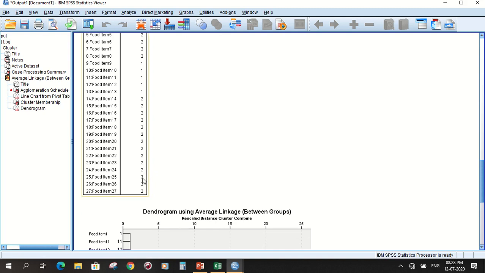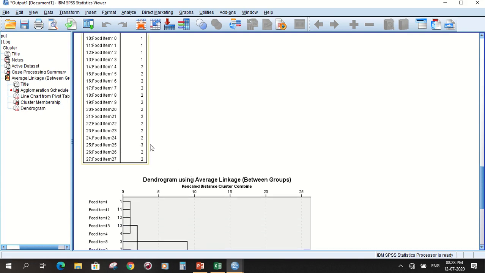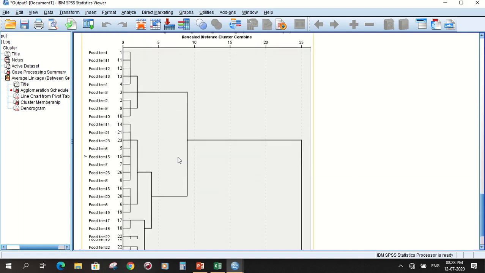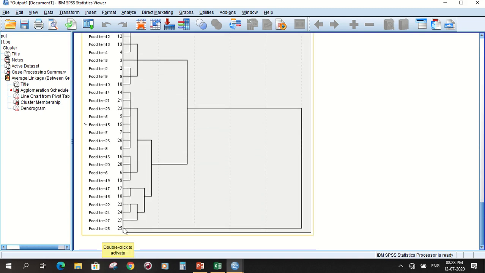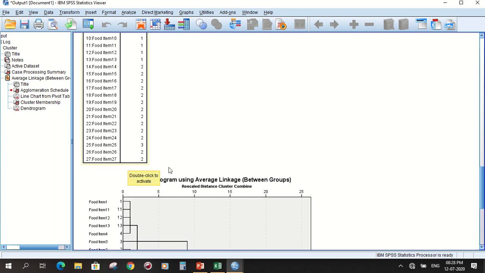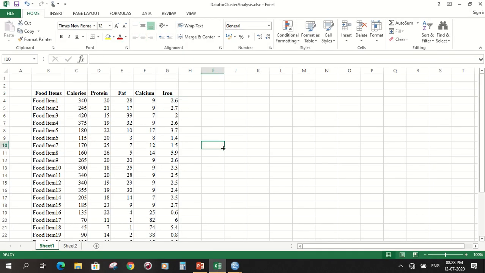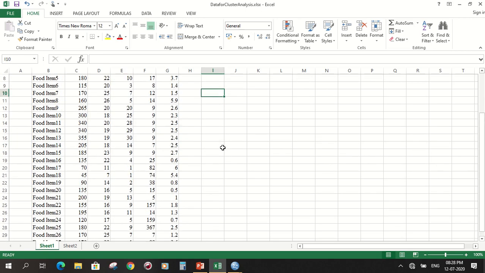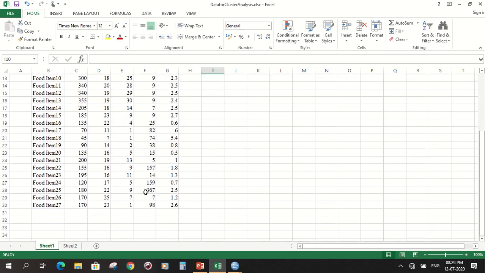This has the maximum variation in the data. We can also see food item 25 is further away. It is not grouped into these clusters, and it is separate. The item is far from all these data points. We can verify in our data how it is different from the others.